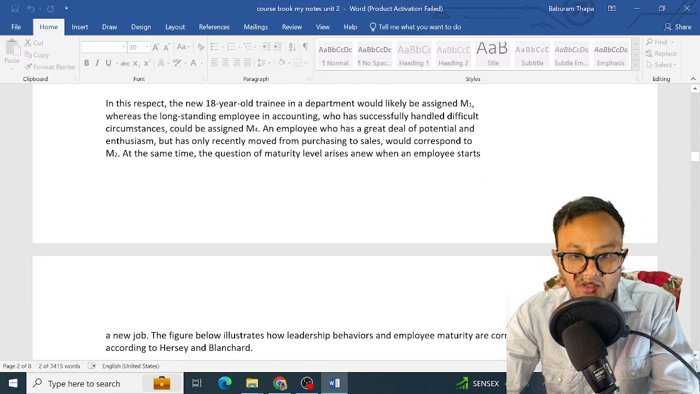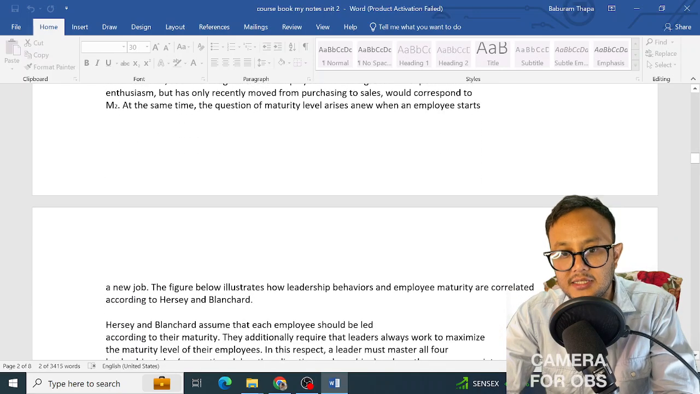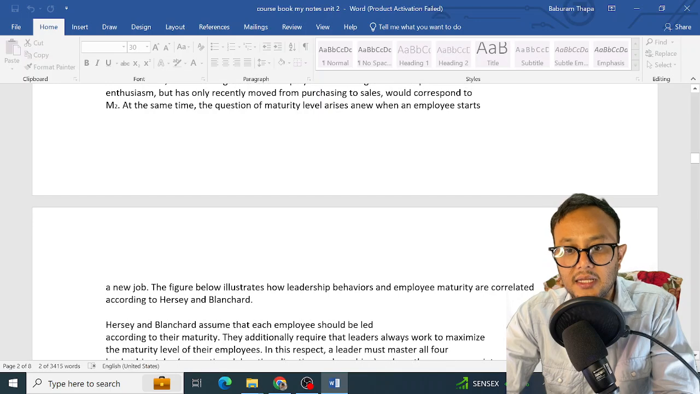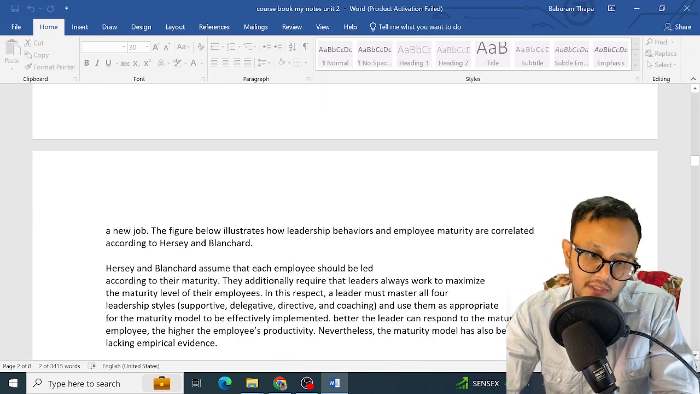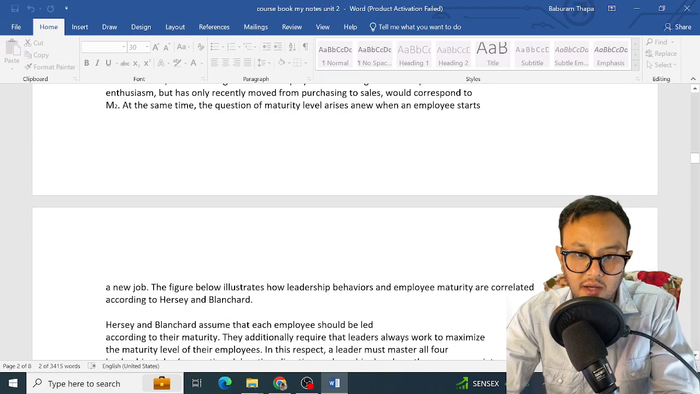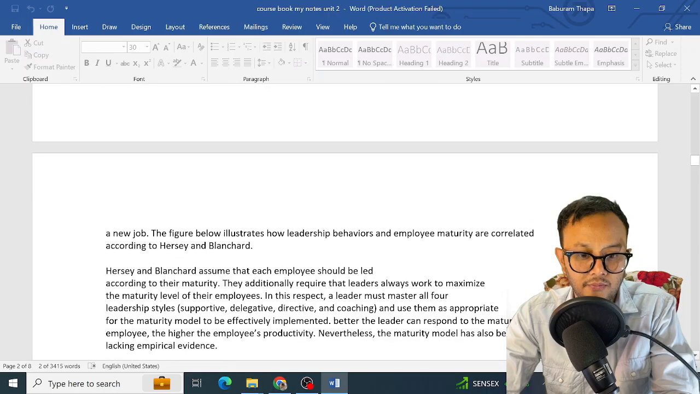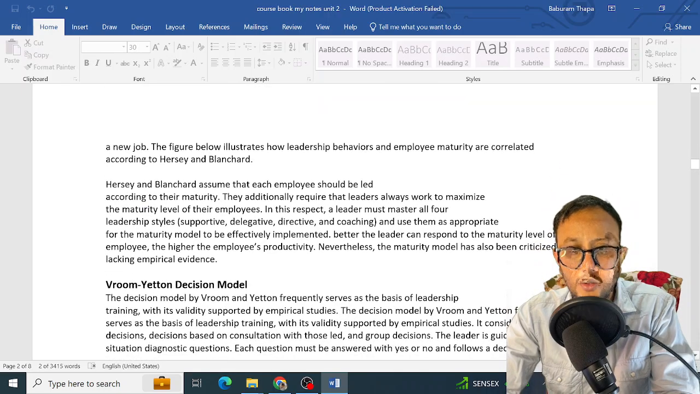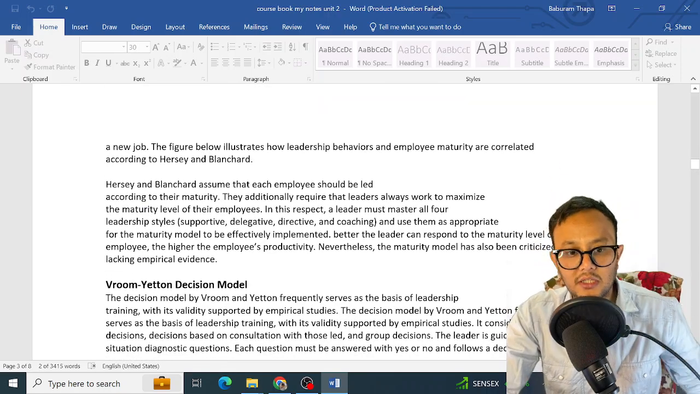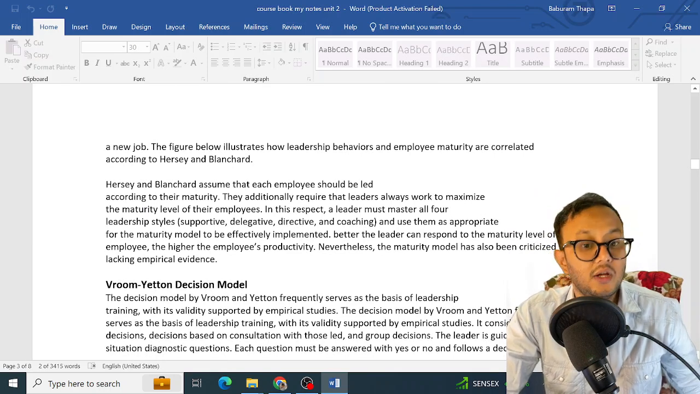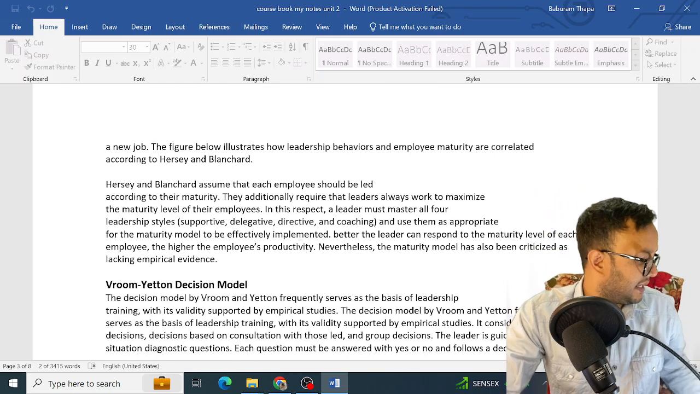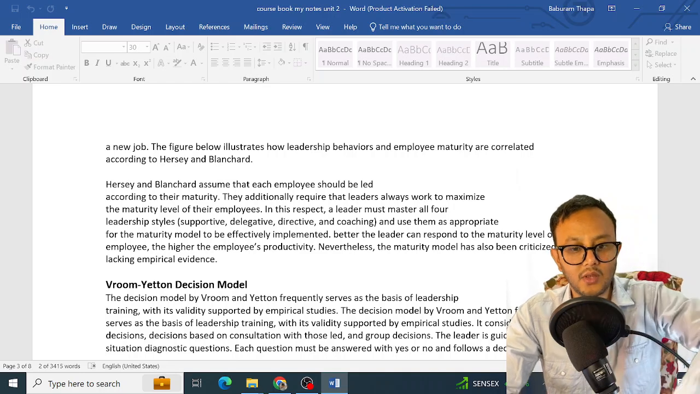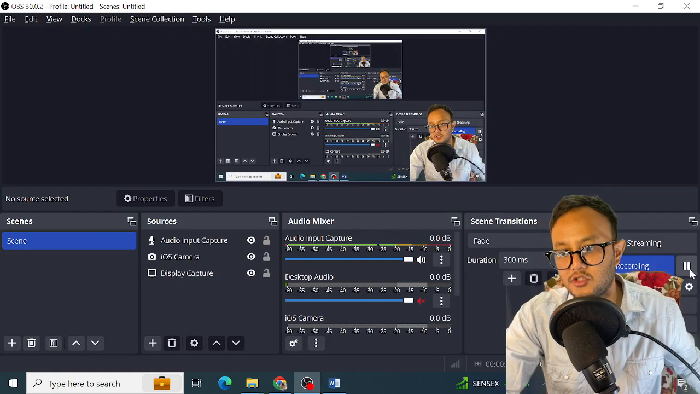At the same time, the question of maturity level arises when an employee starts a new job. If you switch a job, the question arises again, you are at M1. The figure below illustrates how leadership behaviors and employees' maturity are correlated according to Hersey and Blanchard. Hersey and Blanchard assume that